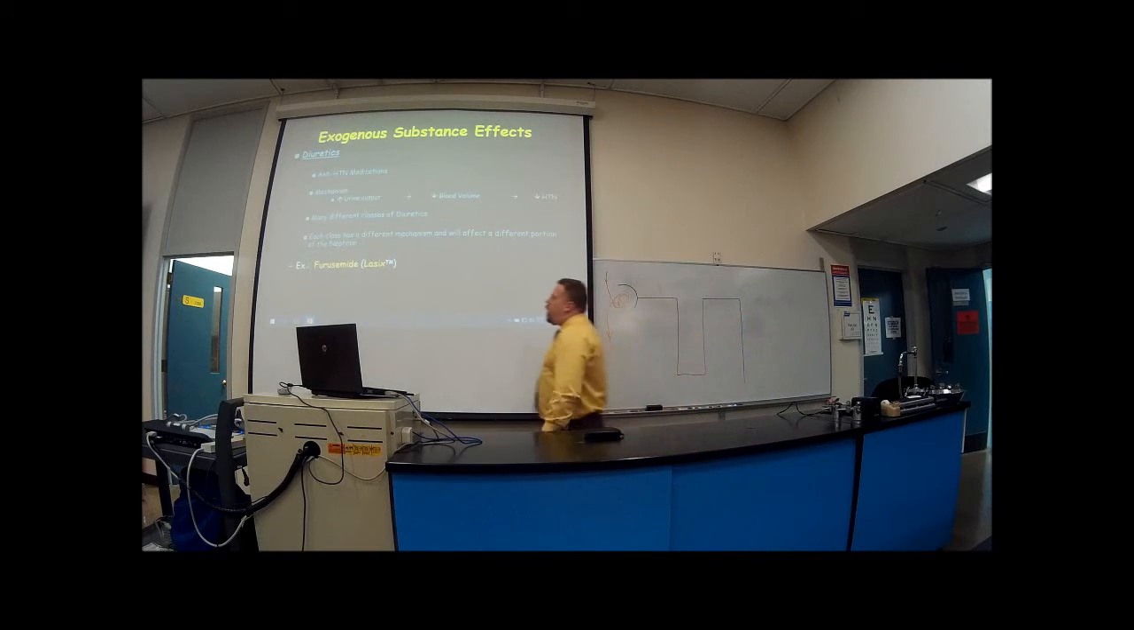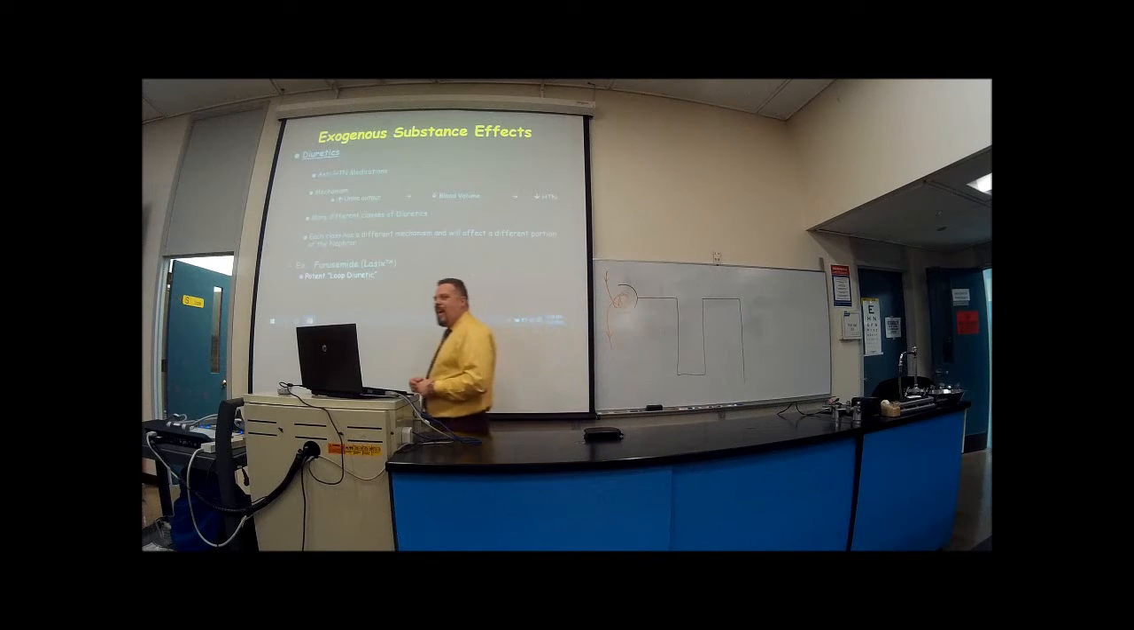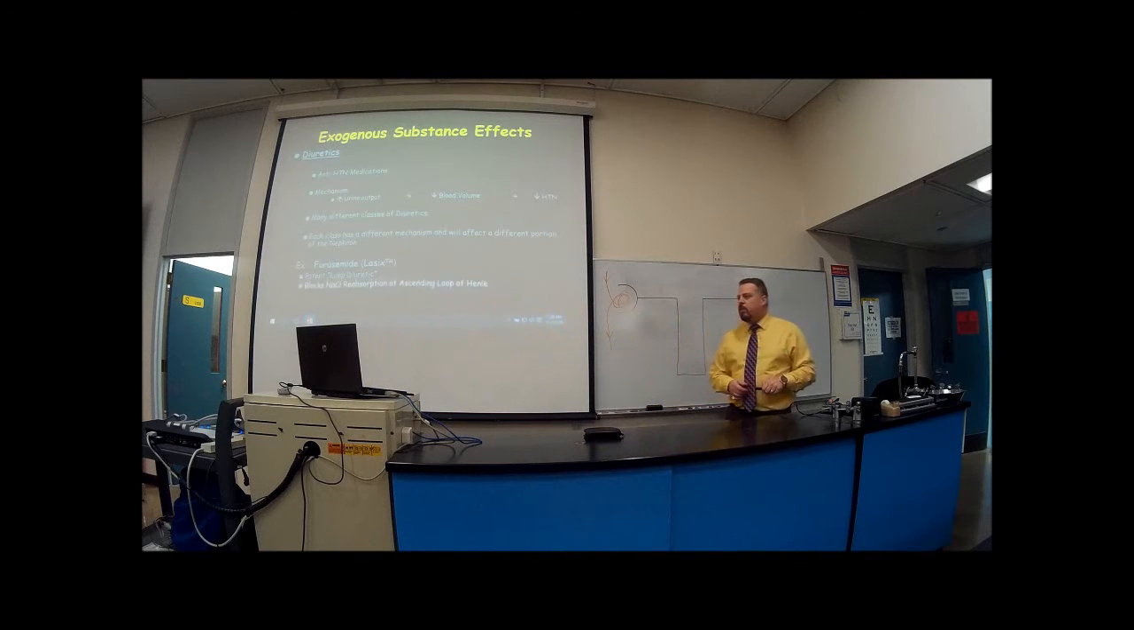There's one big one I'm sure most of you have heard about, Furosemide, or better known by the trade name, LASIX. This affects this area here. And it's what we consider a potent loop diuretic. They call it a loop diuretic because it deals with the loop of Henle. And what happens here is that it blocks. Now, remember, over here,